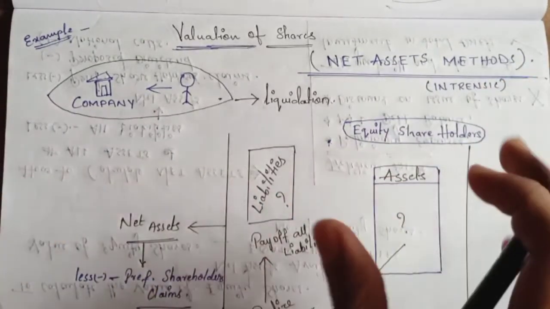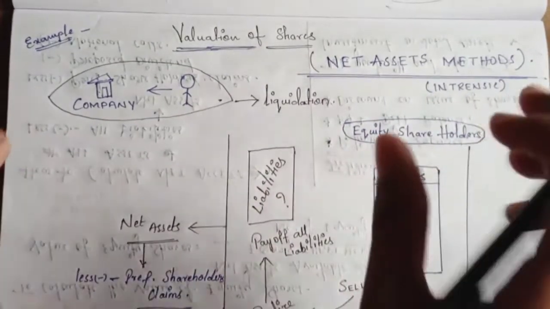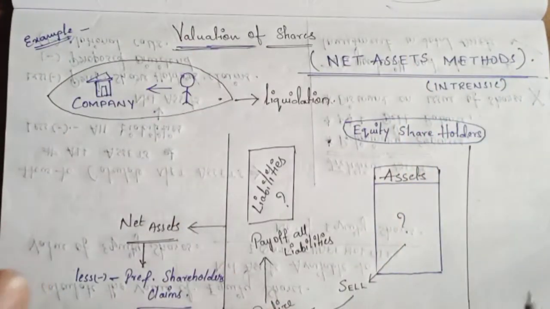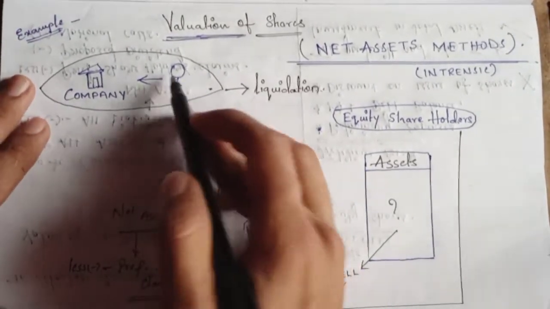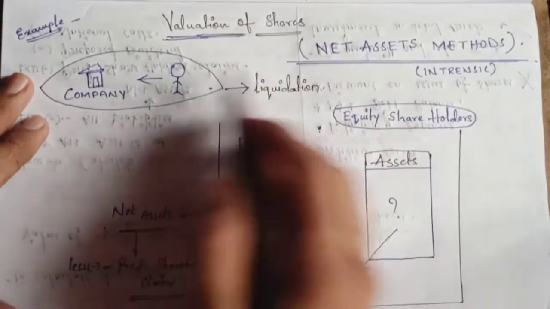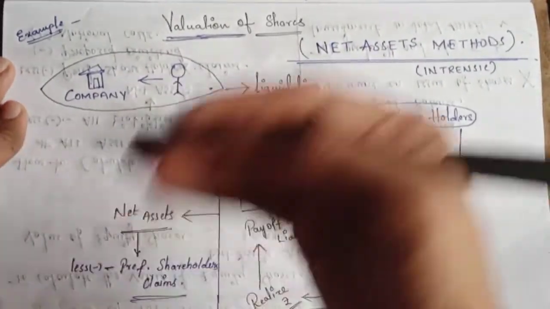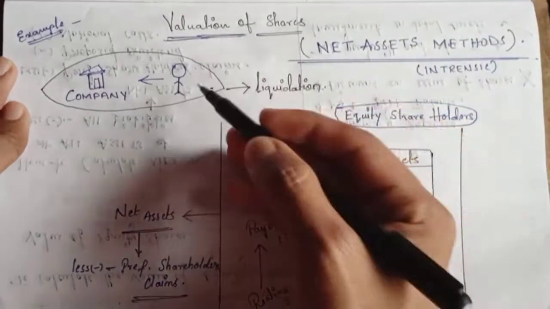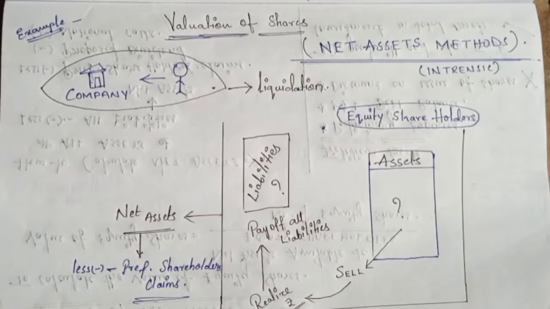So we are going to discuss the net asset method, the intrinsic value method, in the valuation of shares chapter. Suppose you have a company and you have to evaluate the shares of your company under the net asset method. So first you have to understand how the valuation of shares is to be done and the assumptions of the net asset method. So in this method,